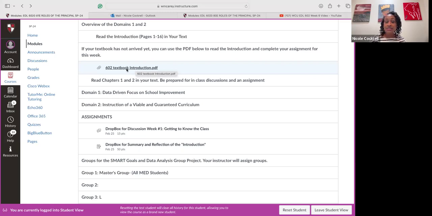But for this first assignment, please make sure you go here to read the pages if you have not purchased the book. You can't summarize, or reflect on something if you haven't read it. And if you notice, my book is really tabbed up. That's because I've taught the course a few trimesters and I do know the book and know what's in the chapters.